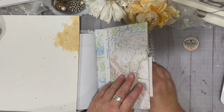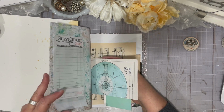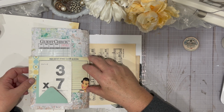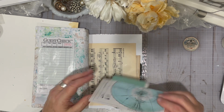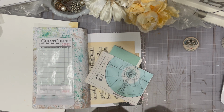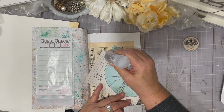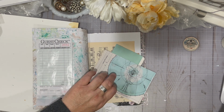Don't want this too far into the thing, so I think this is going to be overhanging just slightly. Of course, the edge that actually has something of interest is over there, but whatever. All right, I put this on the back, and that's not even going to show on that side, but whatever. Not the end of the world. All right, so I'm gonna just do this side. I'm gonna do this one like right here, and I can always add more glue if I need to underneath there, but